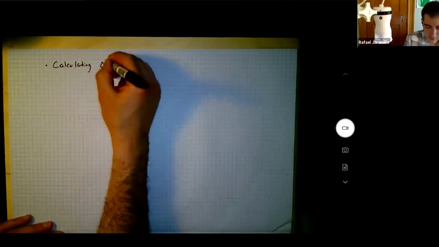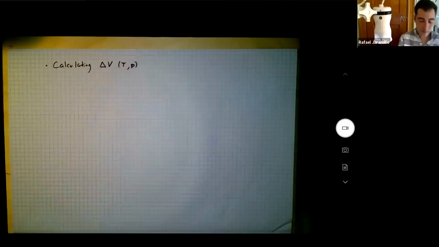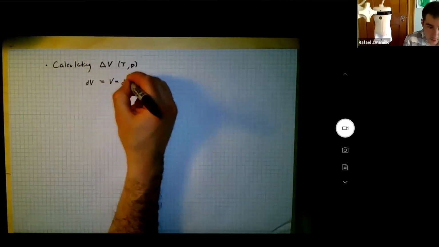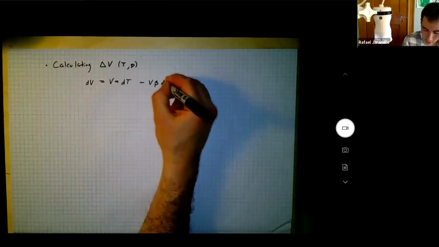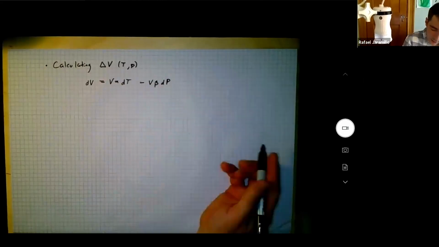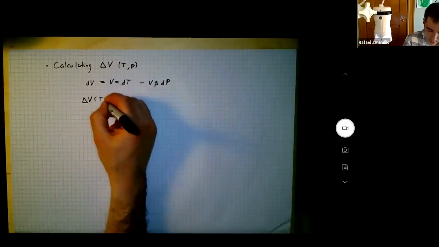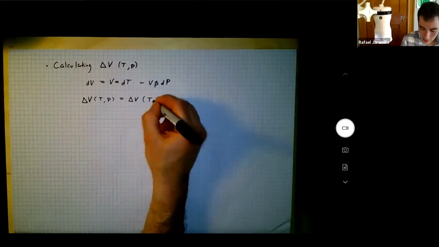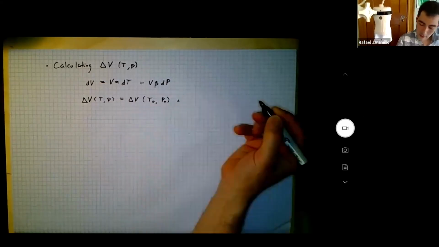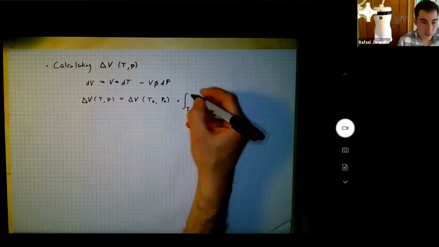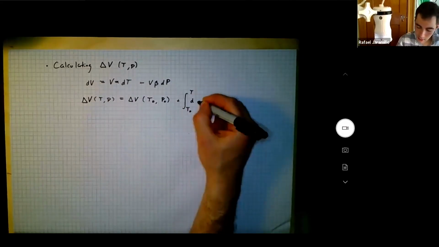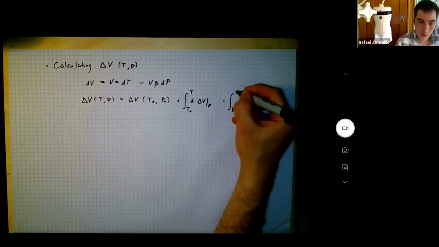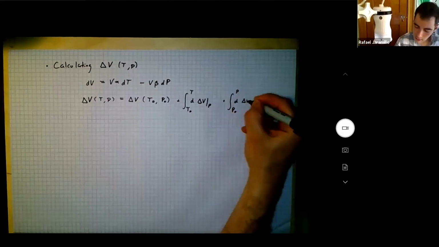Calculating delta V, that's the other part of the integrand. We have dV equals V alpha dT minus V beta dP. That's the general form. So delta V at some temperature and pressure equals delta V at a standard temperature and pressure, plus, from standard temperature to my desired temperature T, delta V at fixed pressure, plus from standard pressure to my pressure of interest, P, delta V at fixed temperature,